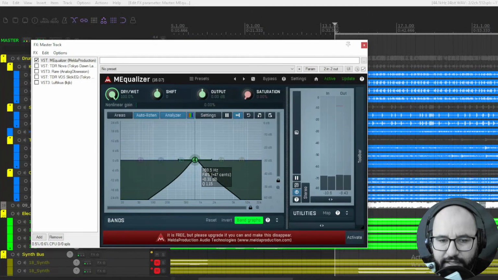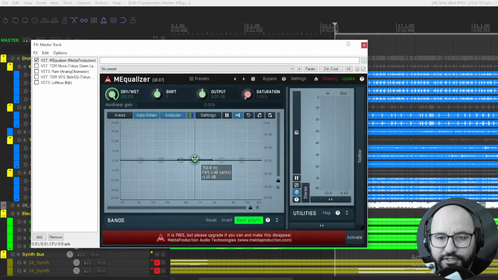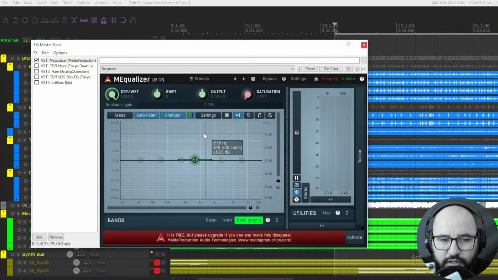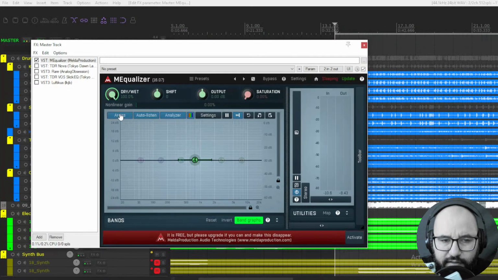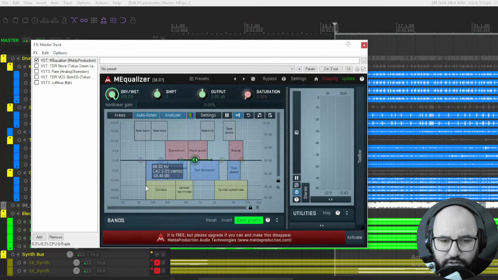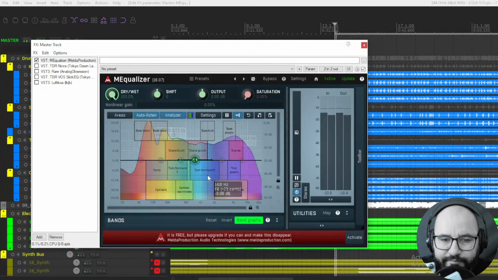And this plugin remained here in my arsenal of free tools. It also has areas where, if you put drums for instance, you have some areas of the frequency spectrum that you might want to cut or boost. If you want more snare punch, you can boost or cut different frequencies.